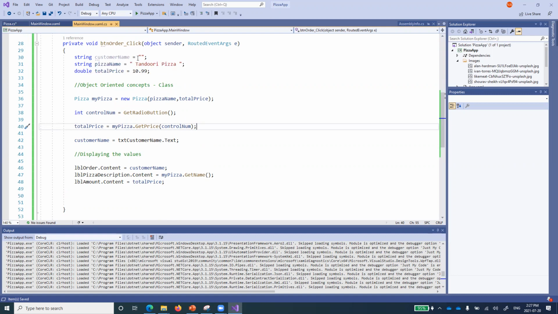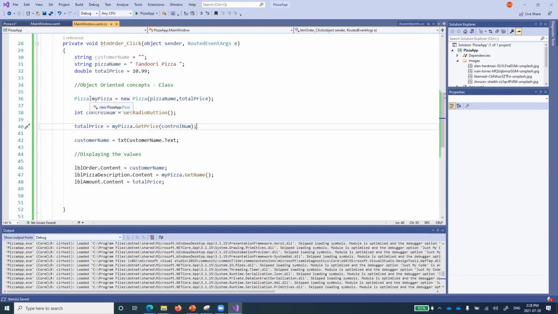String customer name, nothing. String pizza name, I'm setting up one tandoori pizza name, again just as a default. Double total price equal to 10.99, the price of tandoori pizza. Then I have created an object of this pizza class. The class was not existing, so I created a class, and then I called a constructor as well with two values.